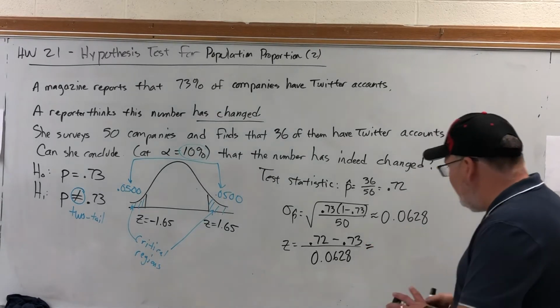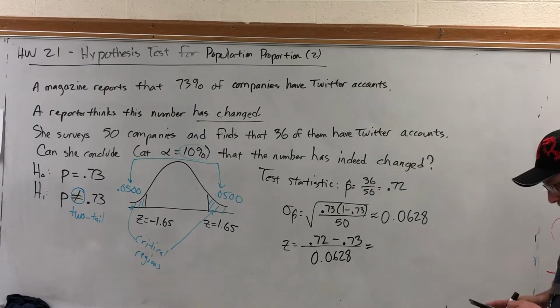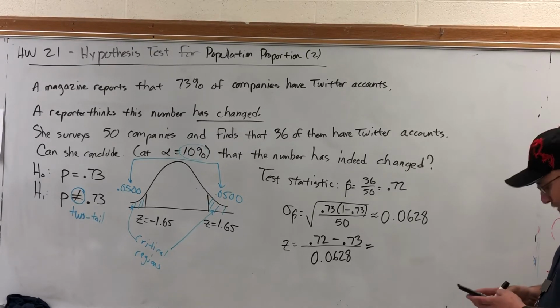All right, be very careful. You have to complete the numerator before you divide. 0.72 minus 0.73 equals, now divided by 0.0628,